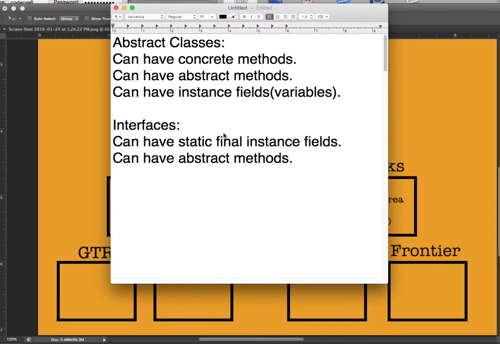So when you look at this whole picture, you might be scratching your head like, why do we have these different types and why is there overlap, right? That doesn't make sense to me. So let's go over, I guess, one example, and it might clear things up. But if you go on to Google and type in difference between abstract classes and interfaces, you'll run into a lot of discussion that'll get you even more confused, right? I don't even really understand the intricacies of the whole